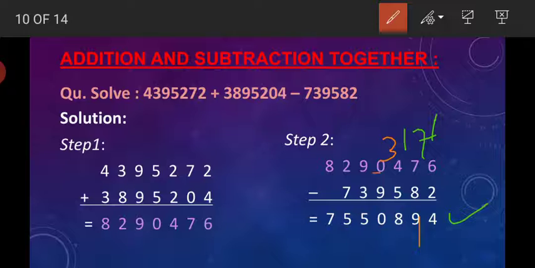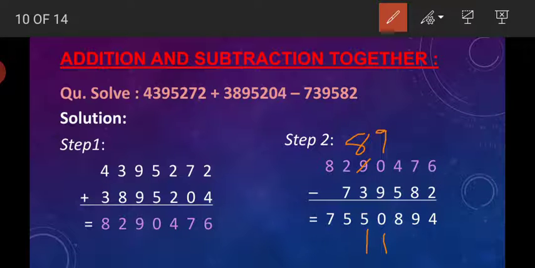we have to borrow from its previous digit. It is 0, so take a borrow from its previous digit. So it becomes 13. In place of 9 it becomes 8. In place of 0 it becomes 9, and in place of 4 it becomes 13. 13 minus 5 is 8. Here in place of 0 it is 9, and it becomes 8. So 9 minus 9 is 0, and 8 minus 3 is 5.